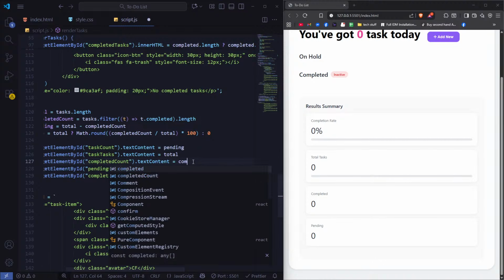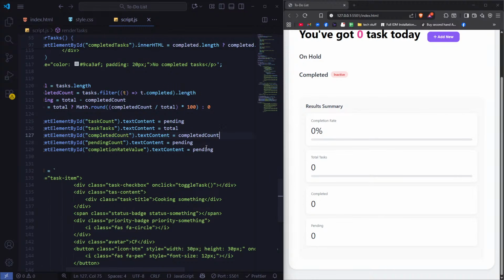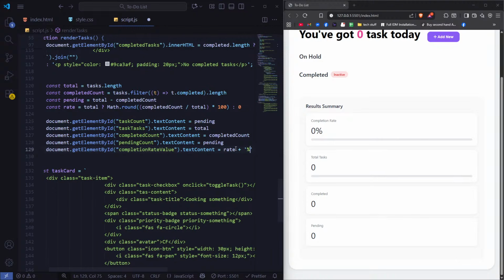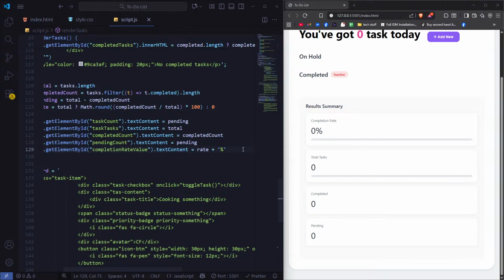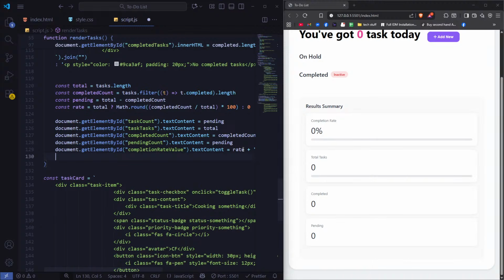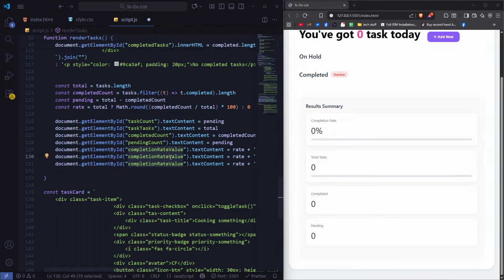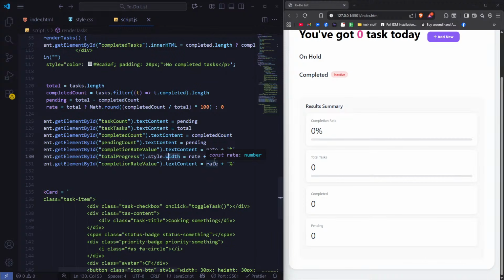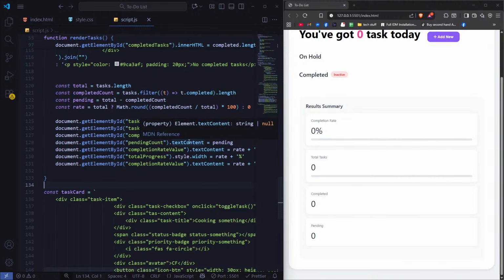Set that to total, set that to completed count, set that to pending as well. And at last, set the completion rate to rate plus, we have to add a percentage symbol. And here we'll just copy paste that, do total progress. And then in this case, it's not style content. We'll do style.width. We'll change the width of the progress to rate of that, and do completed